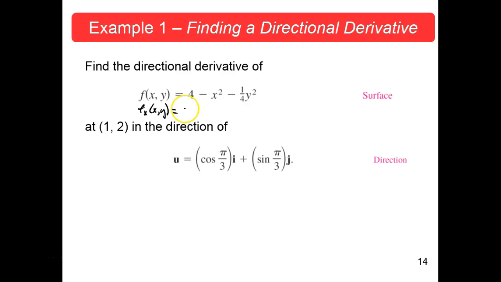It's going to be 0. The first one's 0. It's minus x. Minus 2x. And the next part 0. Whereas your f sub y at x, y is going to be? The first one is going to be 0. Yep. Then the second one is going to be 0. Yep. And it's going to be 1